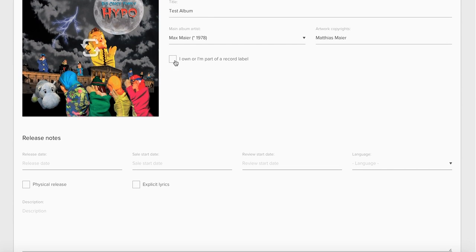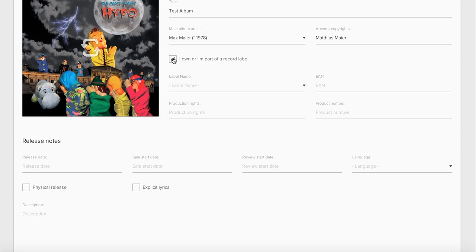So here now we have "I own or I'm part of a record label." This basically indicates, if you don't have a label, the system will give you an ERC code, and it will give you an EIN code, which is required to be able to sell your music online. If you operate with a label, just click this checkbox, and then you can just say, oh, that's my label, for instance. This is my EIN code,